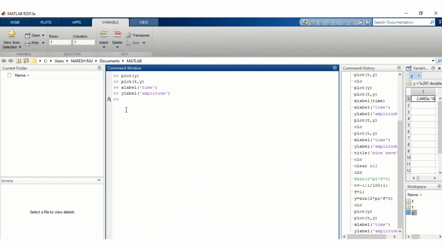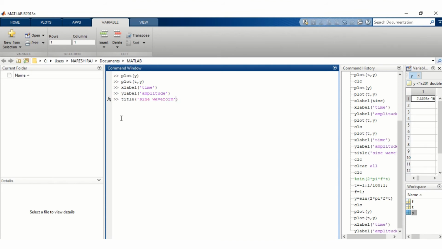Now we want to give a title to the waveform, so there is a command, title. So write title, and what do you want to write as the title? We write sine waveform here.